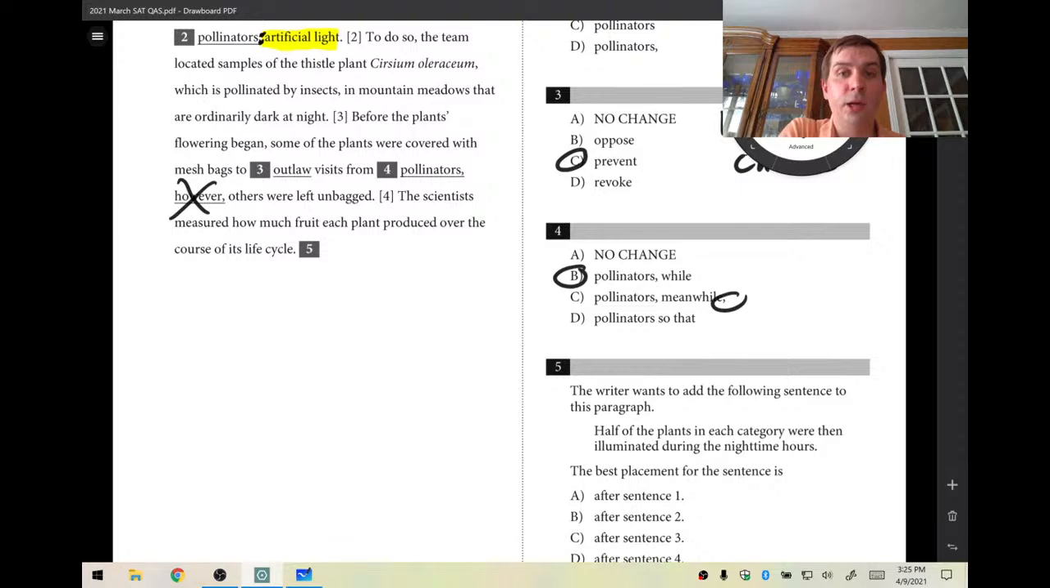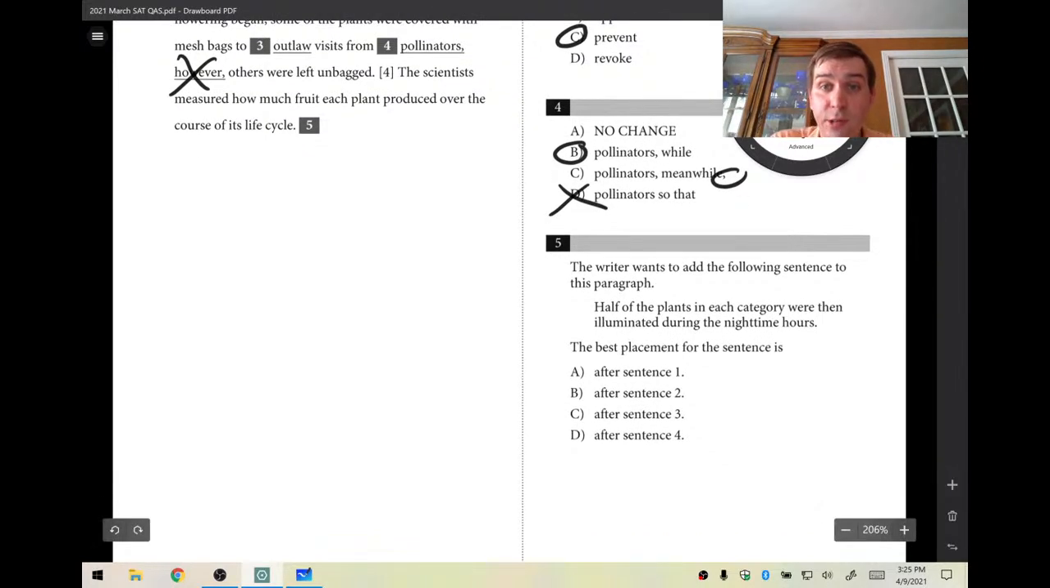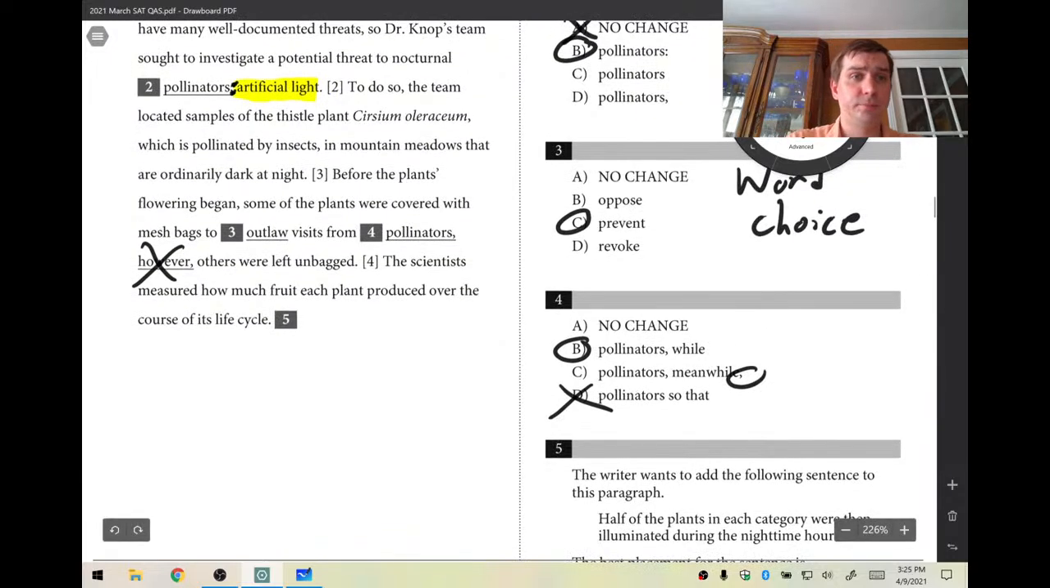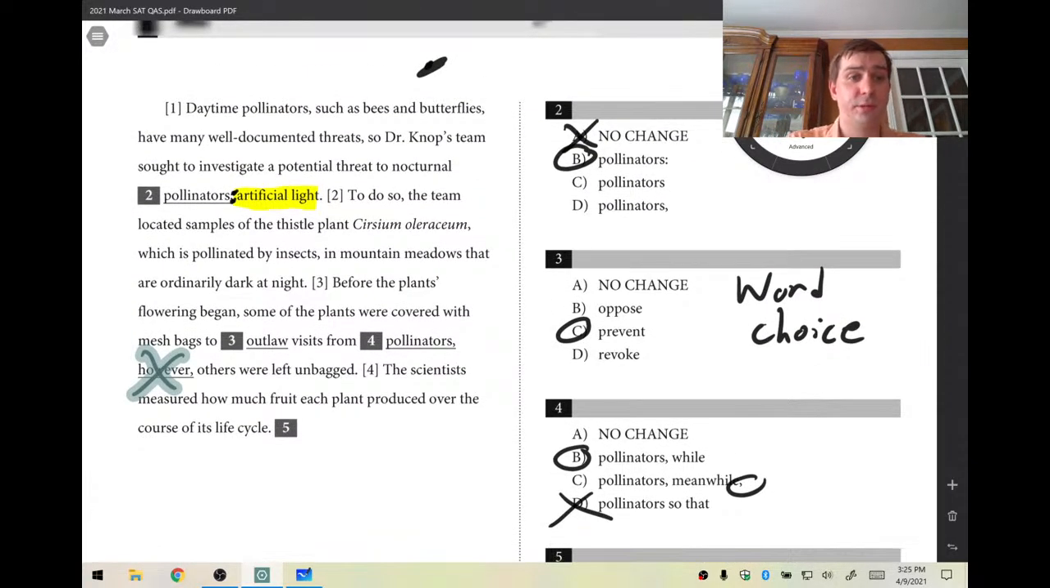And then this answer choice D makes no logical sense. So 4 was B. Now we are on to 5. And here's a sequencing question. So they're asking you to sequence this. It says the author wants to add the following sentence to this paragraph, and we have to put it somewhere within this paragraph here. They've bracketed the numbers